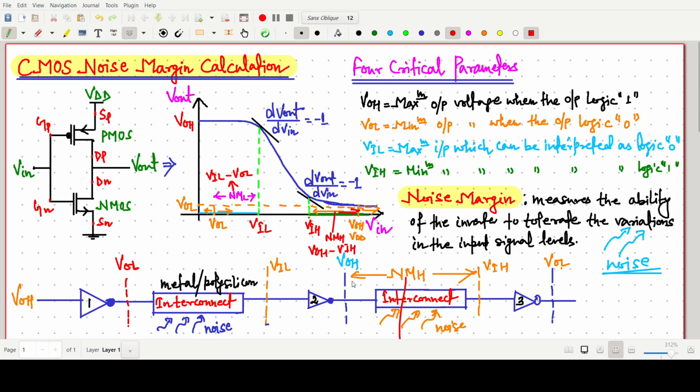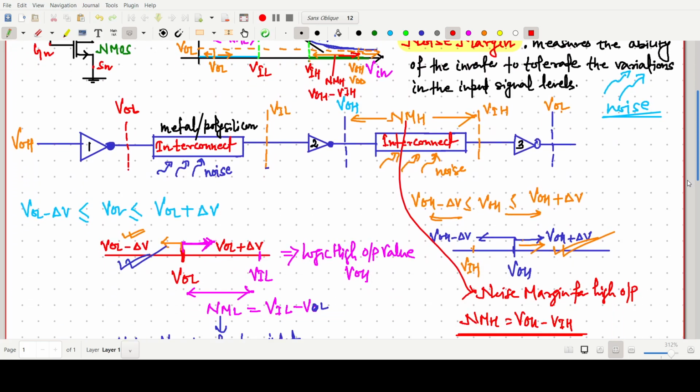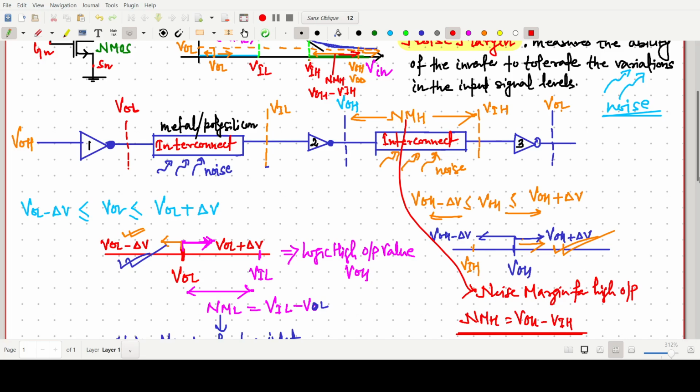Now if VOH, we have to get VOL after the third inverter, so it will be in between VIH to VOH. That we have already discussed here on the number line. So this is